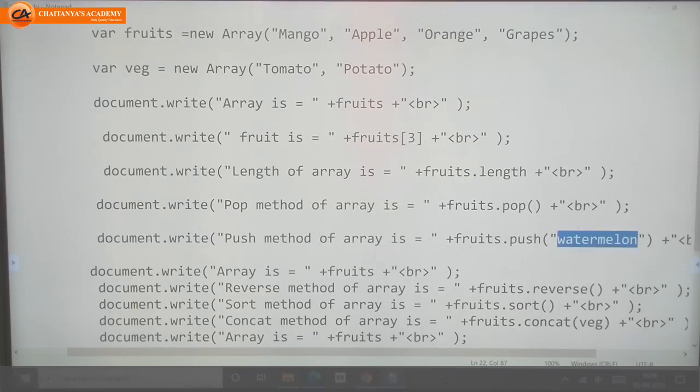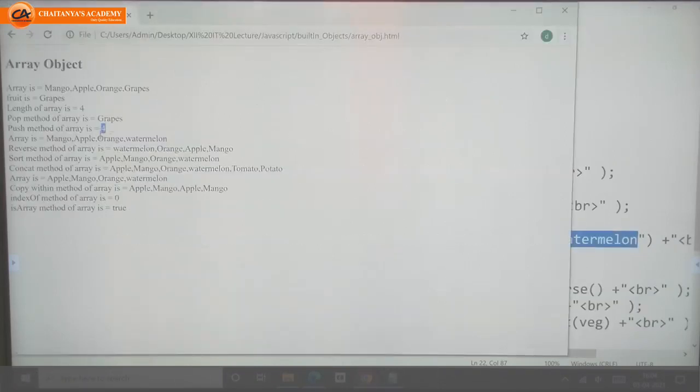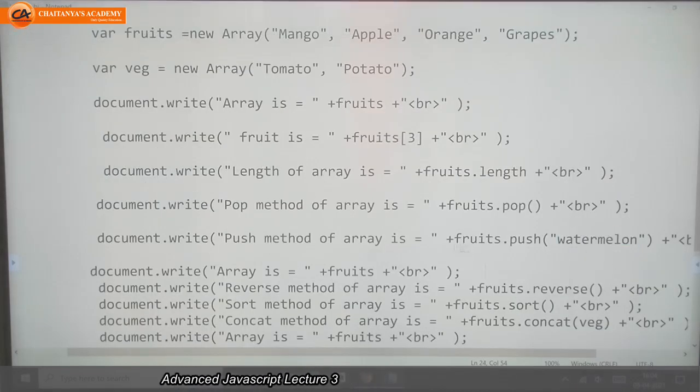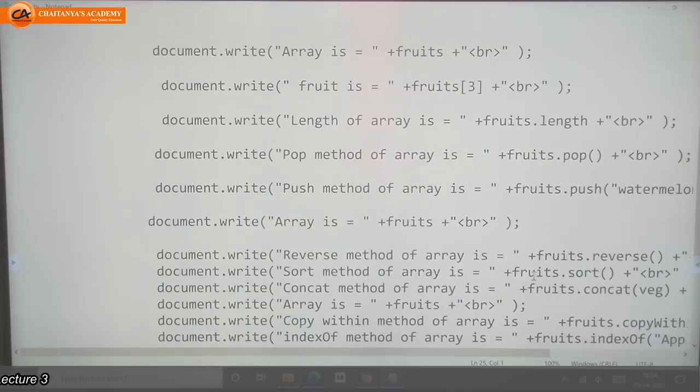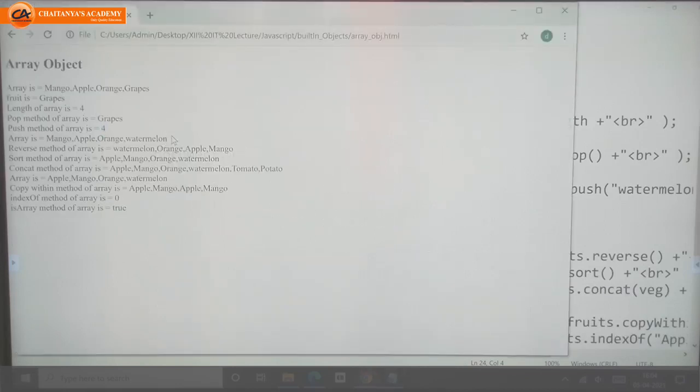So it gives me the length, the number of that element. But if I want to see what my array is now, I need to call fruits again. Then see here, now it gives me watermelon.